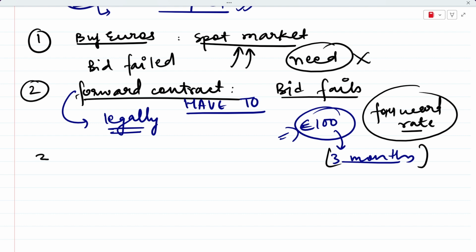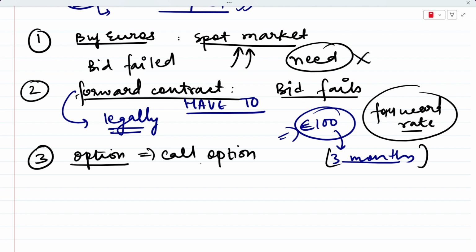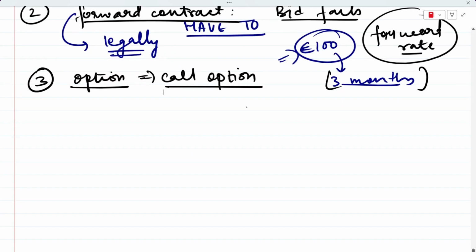But there is an option also with me. Yes, there is an option of option also. And this option is a call option. This option is a contract, right? We have a call option. What do we mean by the call option? When we opt for a call option, the American company that was trying to take over the European company gets itself under a call option, and in this case, they have the right to buy